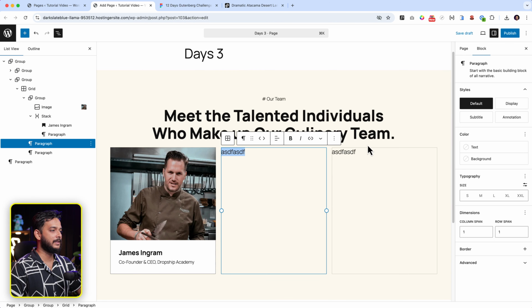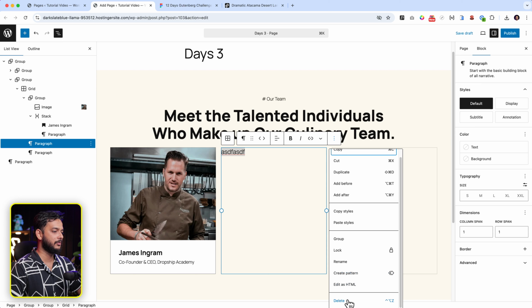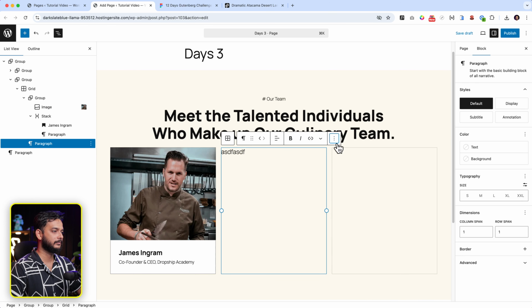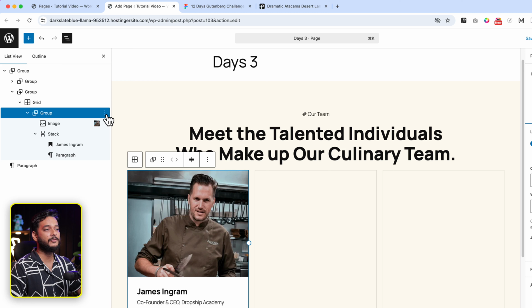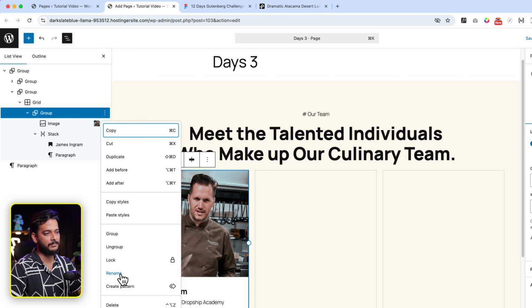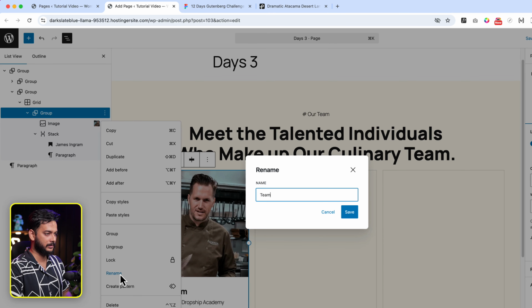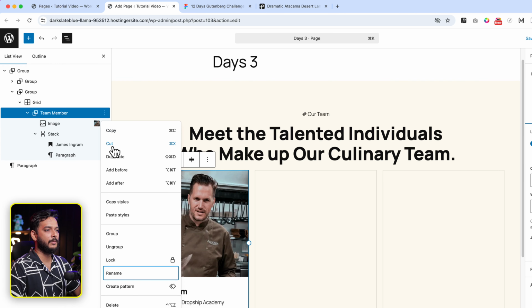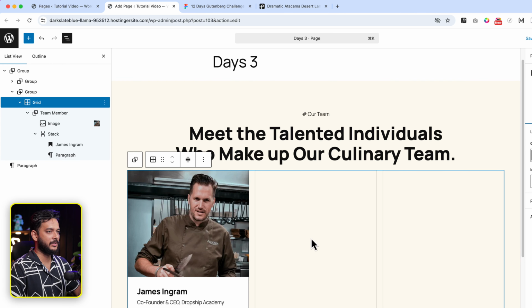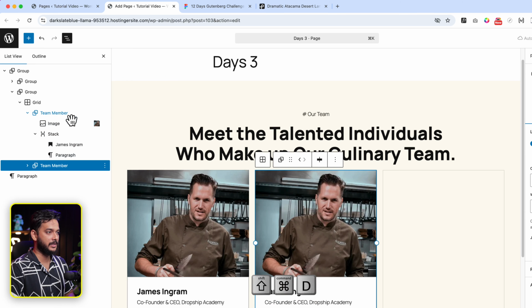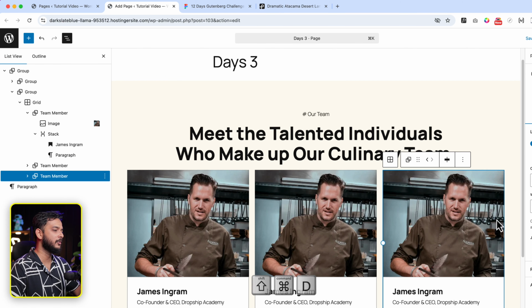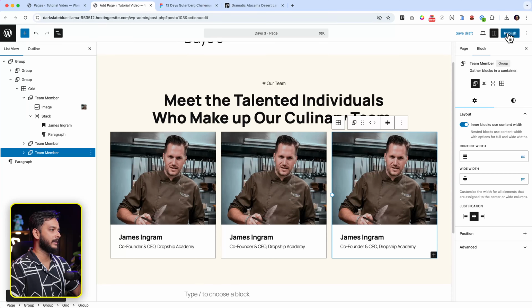Now as you can see, these are the items we are not going to use. Let's remove them and copy this group. You can rename this group, let's rename it team member. And now copy, you can simply paste here, or you can just select here and duplicate. Command Shift D. So just duplicate 3 times here, and let's click publish